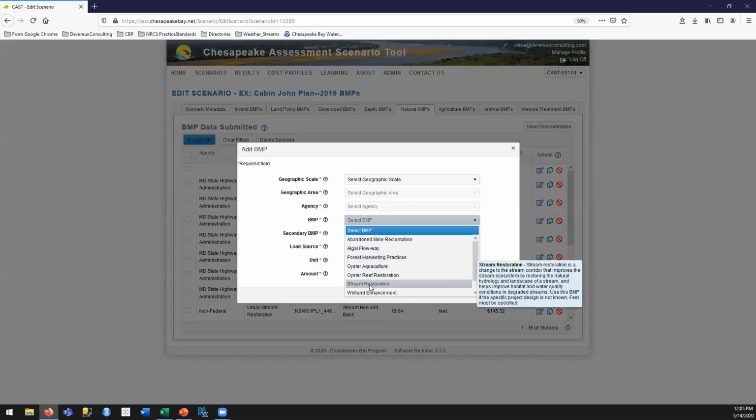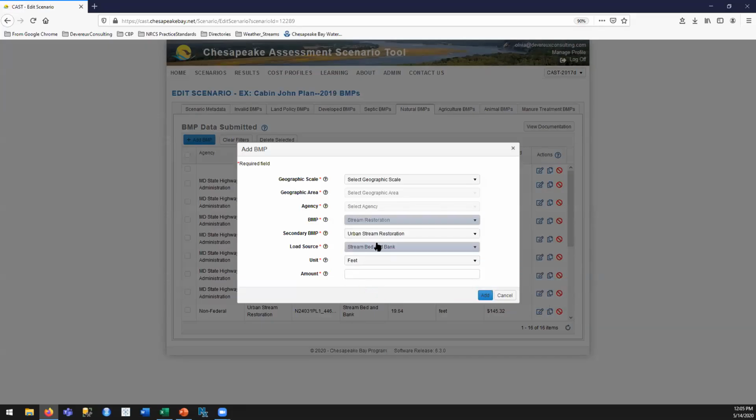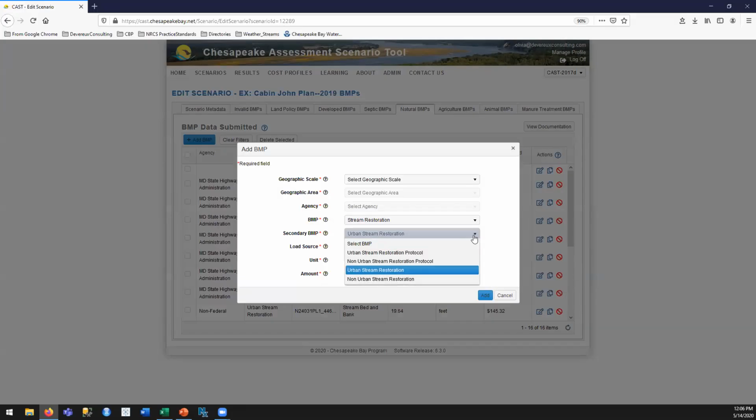So you would just click Add BMP like you're adding for any scenario. And when you see the drop down for a BMP, you'll select Stream Restoration. And then you'll have the secondary BMP options. And those will give you the option of doing the protocol or the regular one. If I pick the regular one, I get the units of feet, and I would just enter how many feet for my project. And if I pick the protocol,